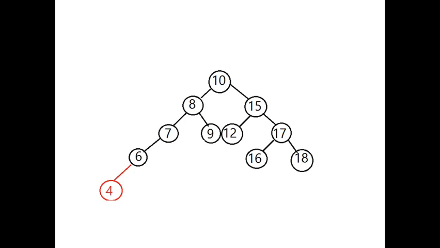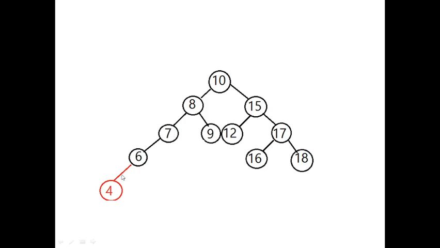Starting from the leaf, we must identify a node that is closest to the leaf node where there is unbalancing. So if you start from 4, 6 is balanced because the difference is 1. 7 is the first node where there is unbalancing, and you may have unbalancing in upper nodes also, but that must be a consequence of the unbalancing of 7. So we must address the problem at the lowest level. So 7 has to be tackled.